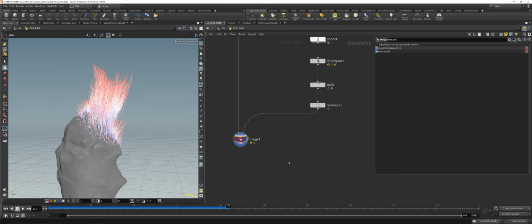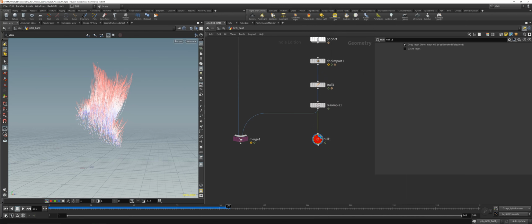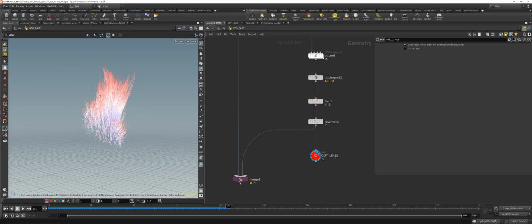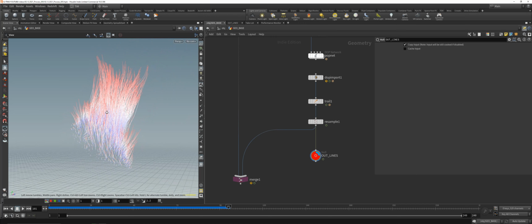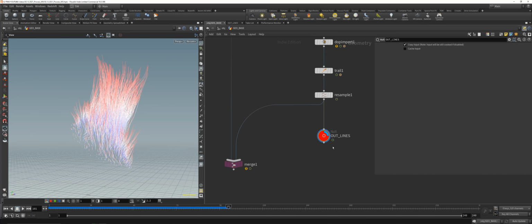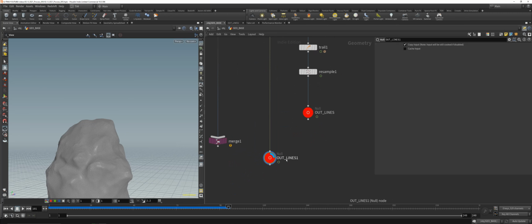So what I want to do is place down here a null, so we will export that into a separate geometry container. So this will be outlines, for example, and of course you can then make your own research or R&D to now manipulate them further, introduce vellum hair, place little flowers on top, deal with motion, carve them. So that's of course fully up to you. So we got here our outlines, and we got here our out base,